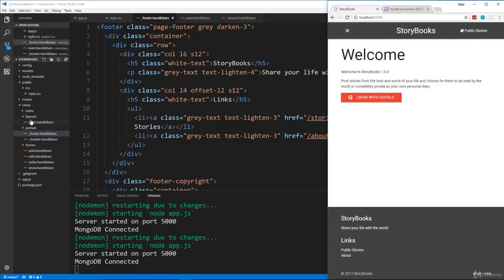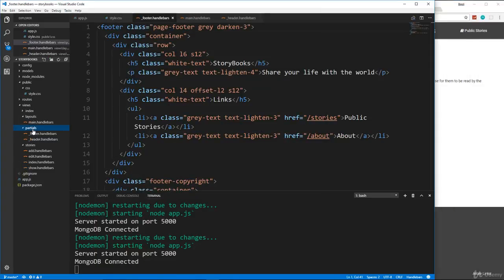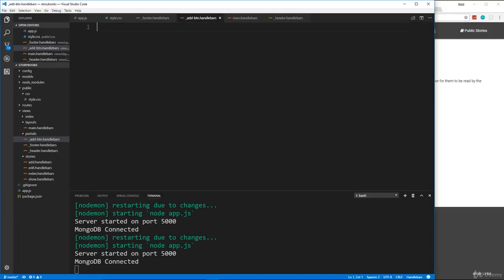So I'm actually going to put that inside of a partial as well. So I'm going to say new file underscore add, let's say add-btn.handlebars. Okay, and let's see, this is going to be very simple. We're going to put a div with the class of fixed-action-btn,